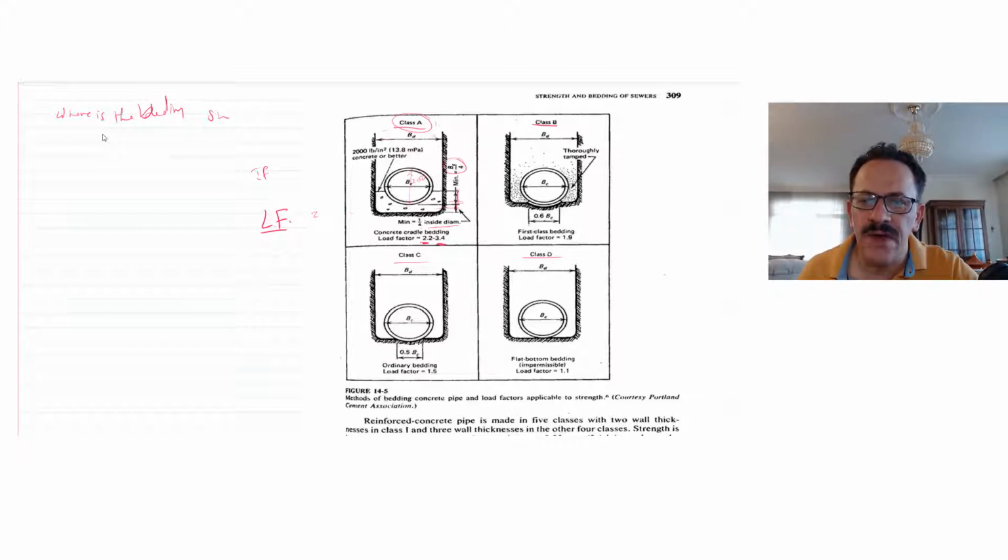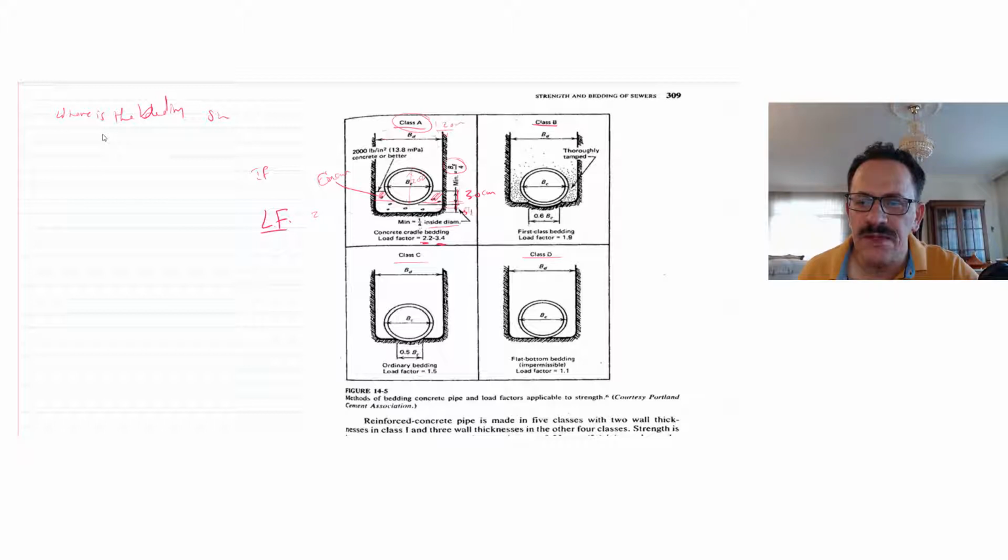For example, if I have a 1.2 meter width of the trench, then 1.2 divided by 4 will come to 30 centimeters. So we have to say 30 centimeters. Here we have a plain concrete. This is called concrete. We have to make a fill here. We have to put 1/4.